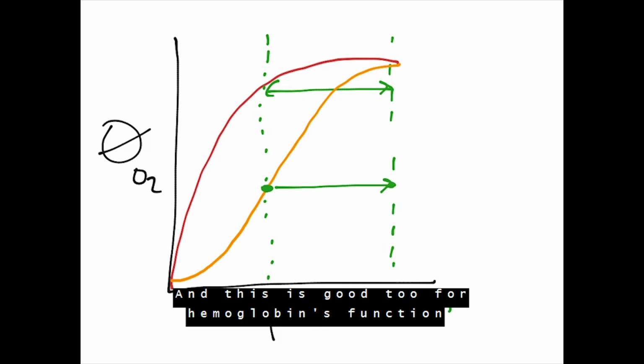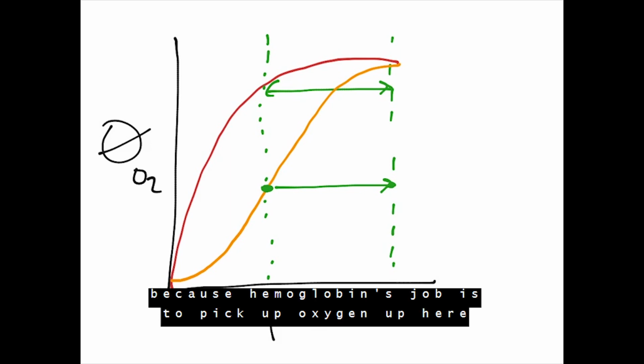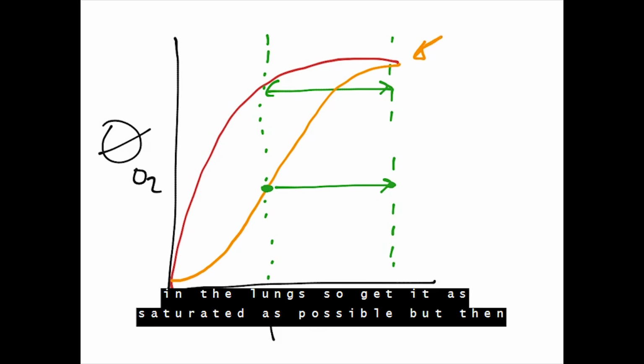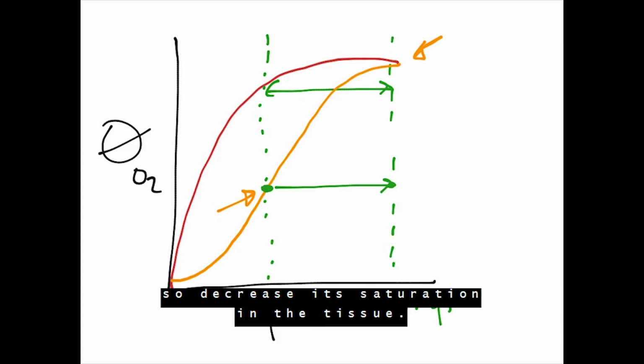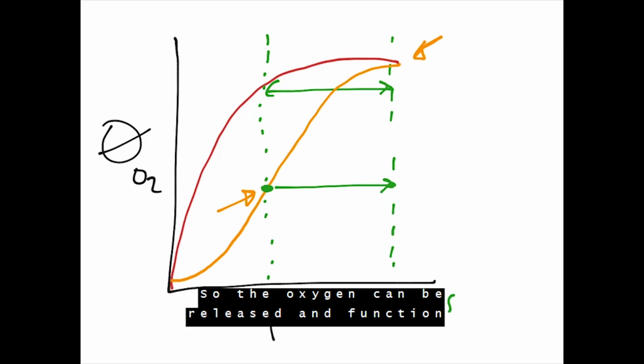And this is good too for hemoglobin's function, because hemoglobin's job is to pick up oxygen up here in the lungs, so get as saturated as possible, but then to release that oxygen, so decrease its saturation in the tissue,